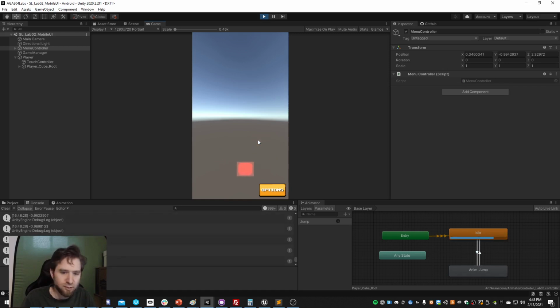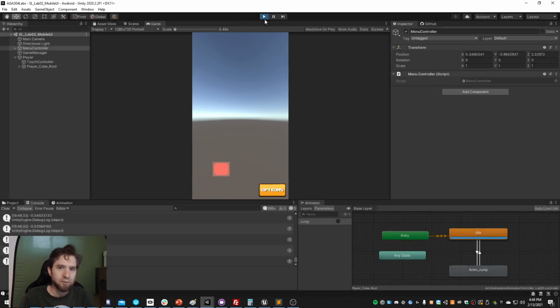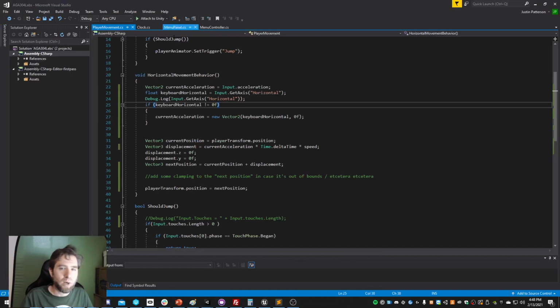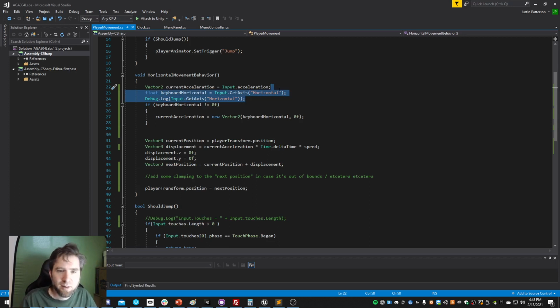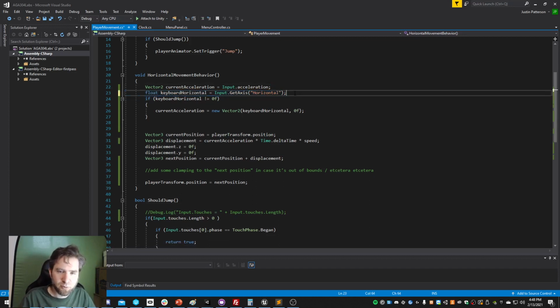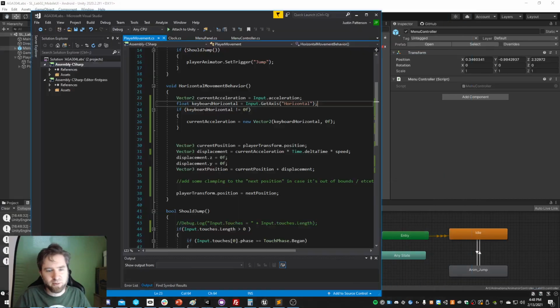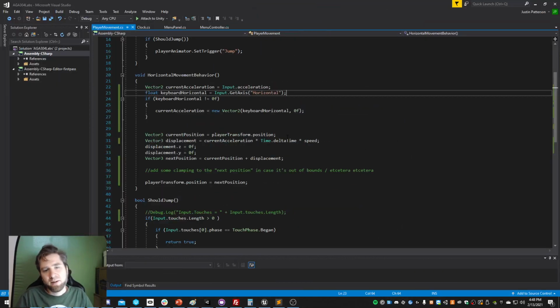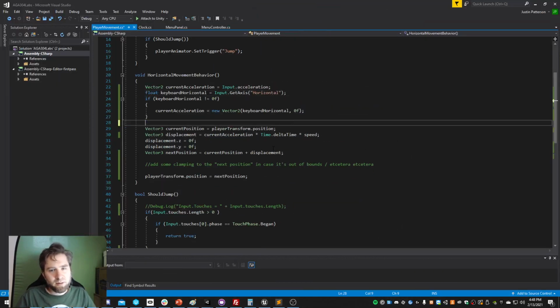Okay, so that was my problem. I was connected to my phone while I was trying to test without the phone. And really, this is just for ease, to make your life easier, so you don't have to always build or have Unity Remote working, because sometimes it doesn't. I'm just gonna remove that debug log, clean up so I don't have all the spam. And next